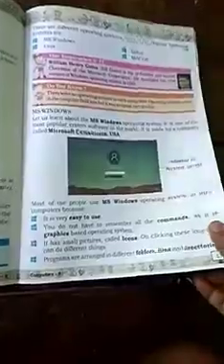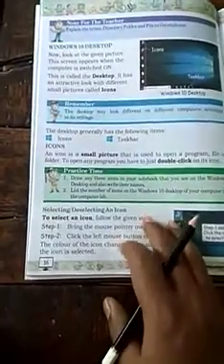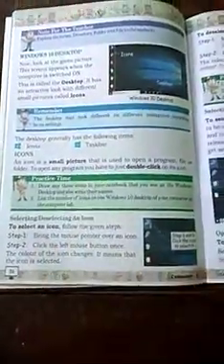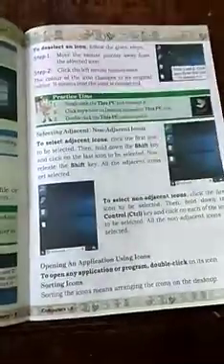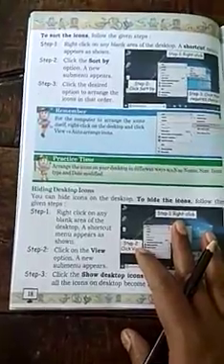In the previous part, we learned MS Windows, different tasks and icons, selecting, deselecting icons, selecting adjacent or non-adjacent icons, opening, how to open any type of applications using icons, and hiding desktop icons.